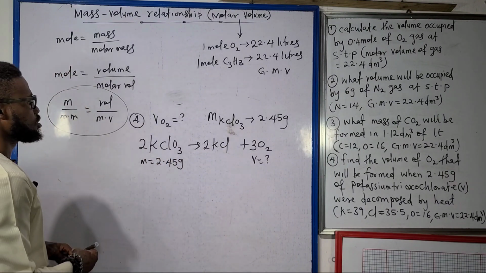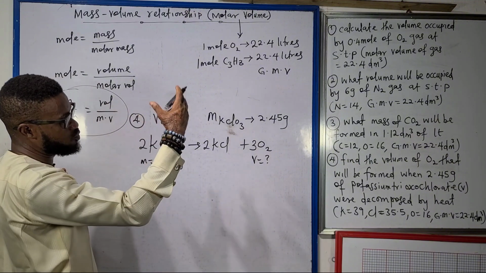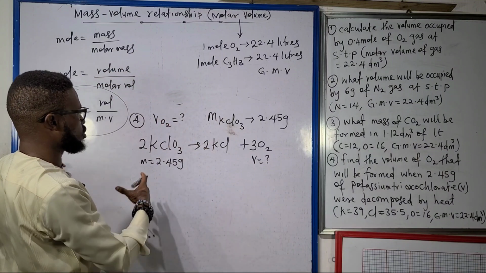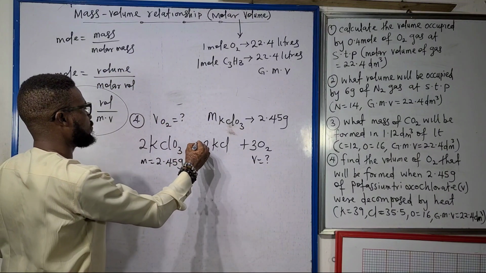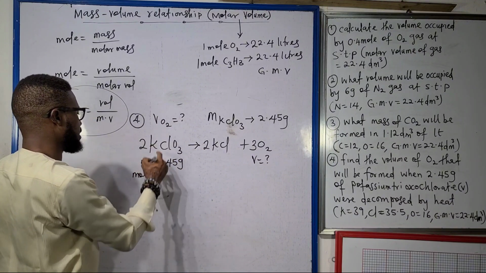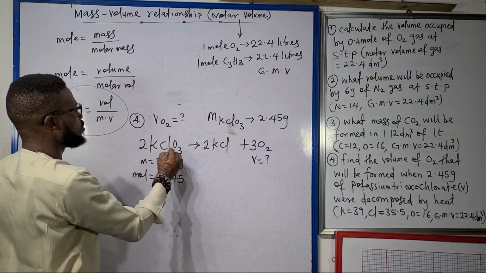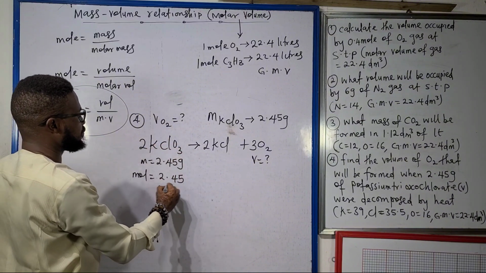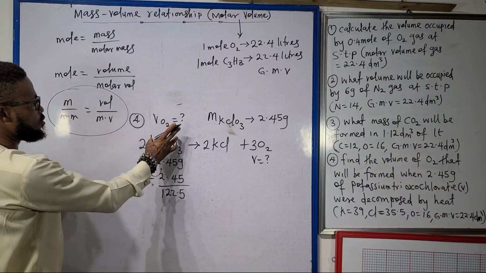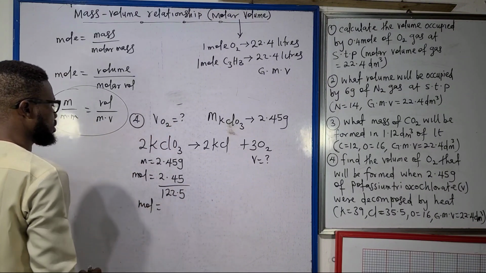We just have to use stoichiometry here, something we've treated before, the Kiddo concept, talking about stoichiometric equivalent. So this is my key. Mole of this is going to be 2.45, the molar mass of potassium trioxochlorate(V) is 122.5 when we calculate for this. So the mole here is going to be